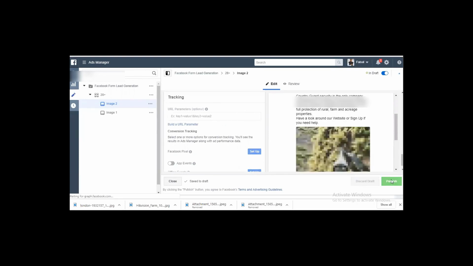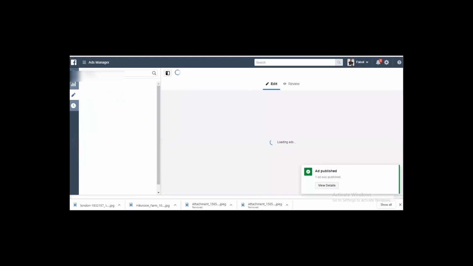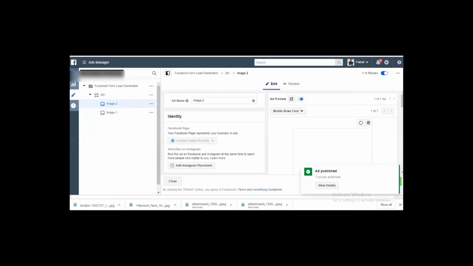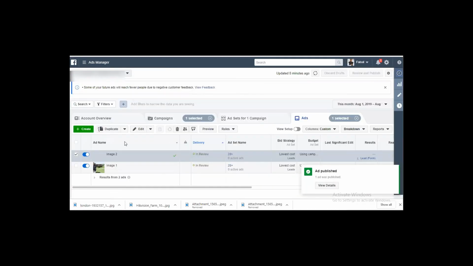So you can do the A/B testing of both the ads with image one and image two, and based on the results we can stop one and continue with the other. So both of my ads are ready and are in review, and they will be active in 5 to 10 minutes. So in this way you can create lead generation ads with the help of Facebook.